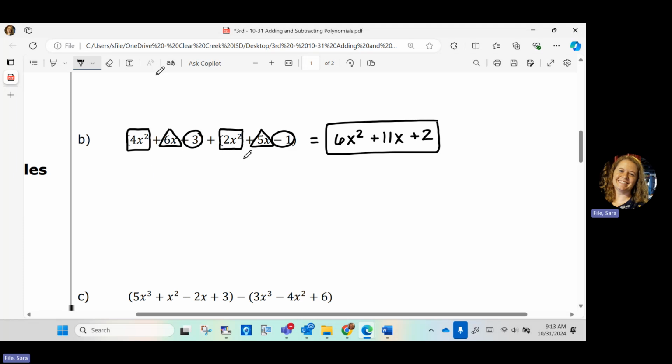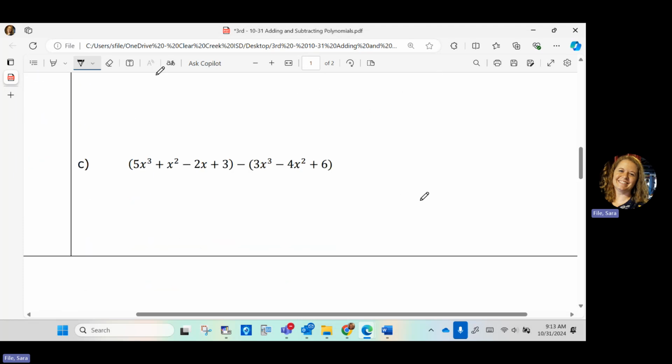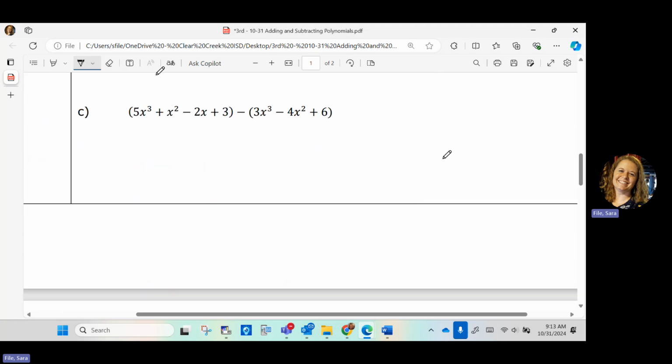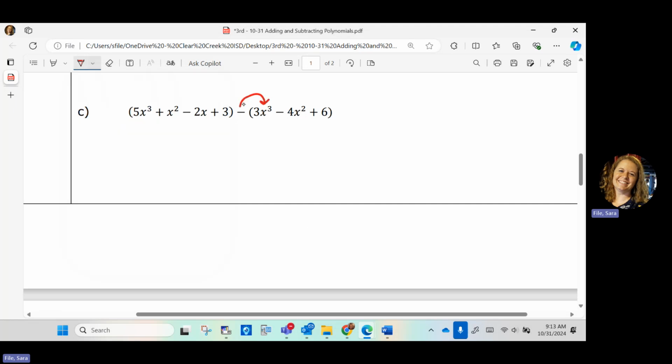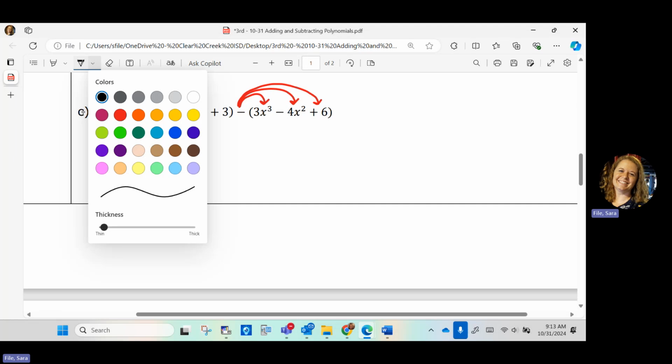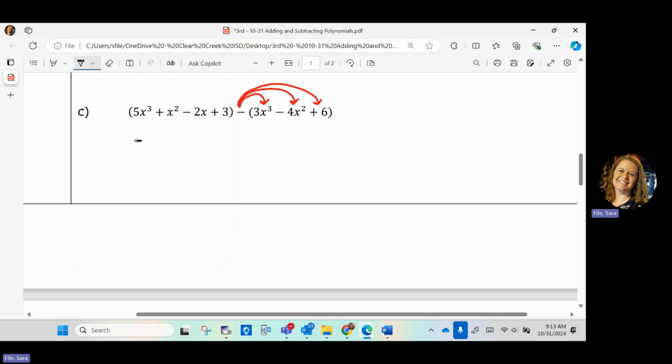If it is subtraction, like in C here, I'm going to rewrite this because I have to distribute the negative and it's going to change all these signs. Some of you may be able to just do that in your head, but I like to rewrite it. So since I'm rewriting it anyway, I may as well rewrite it stacked. So I'm going to write the first one. Now in this second one,